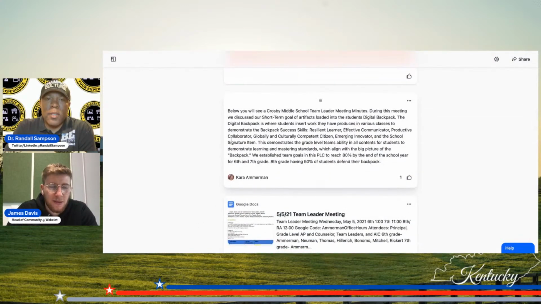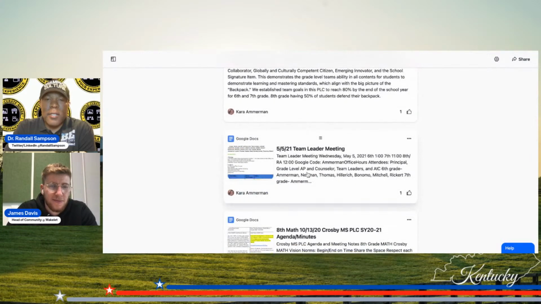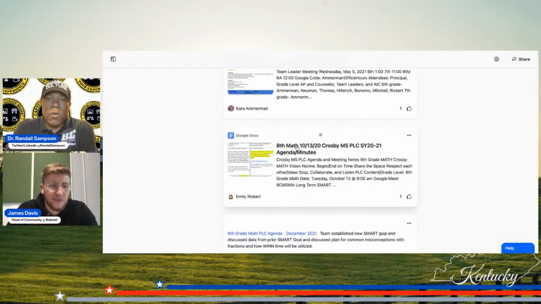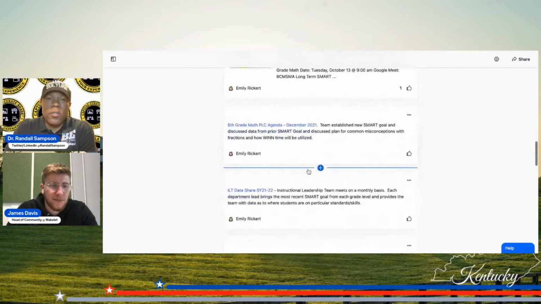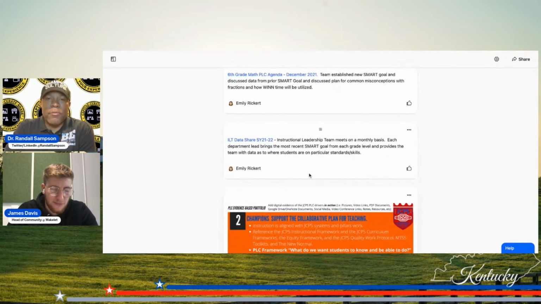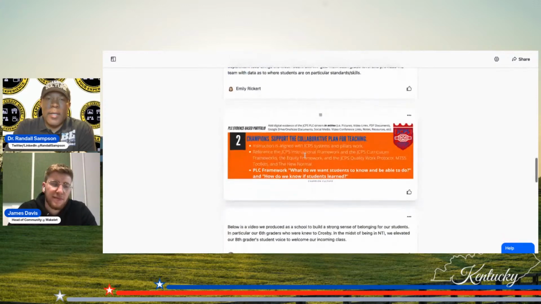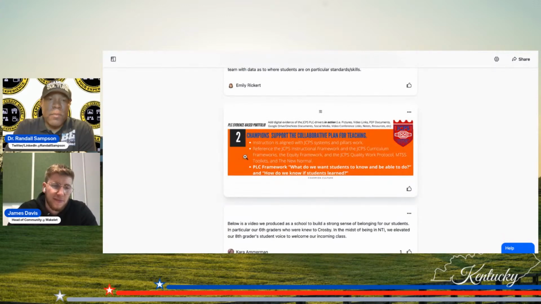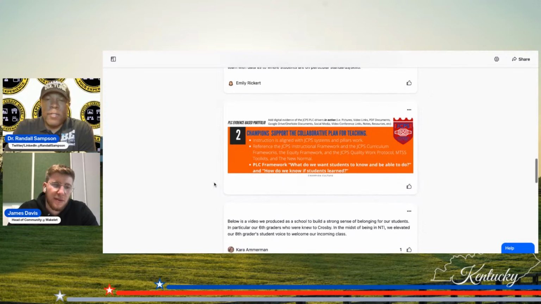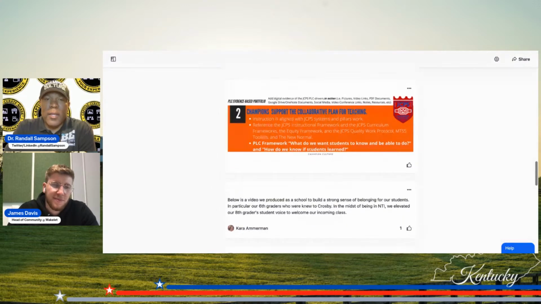So, they put their text in there or put a document in there documenting their short-term goals in progress, what's going on with their math goals. So each class or content area usually has specific goals that they have in mind. And so they were able to really insert those. And then their second pillar is the plan for teaching. So what does our framework look like? How do we know if students learned, right?